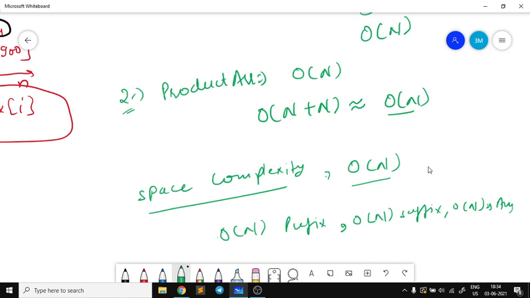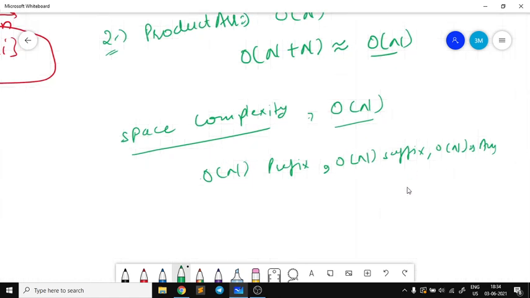But asymptotically it is only O of n plus n, so it is nearly equal to O of n. There is no issue about that.